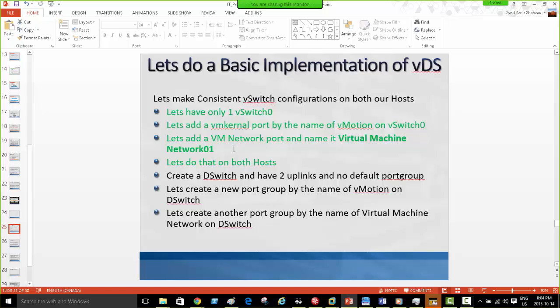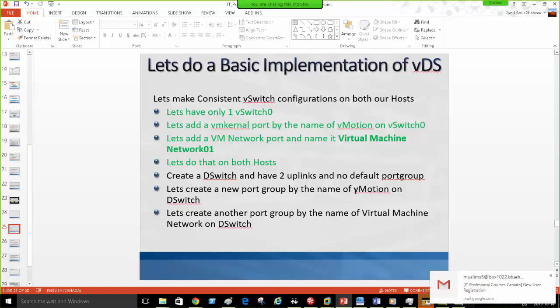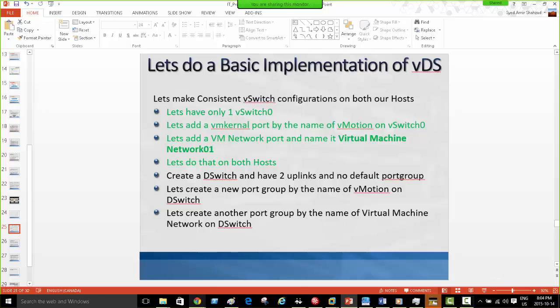2 port groups we created on each host, but we're going to centrally create the same names port group on the distributed switch. The one thing that I would